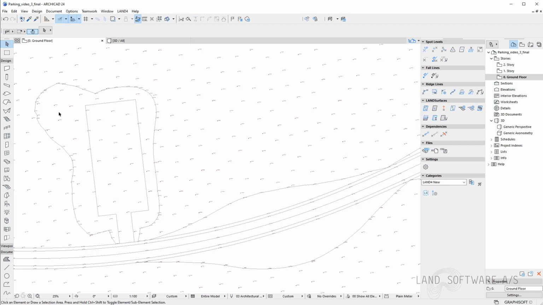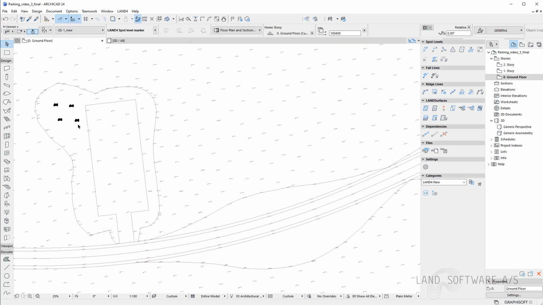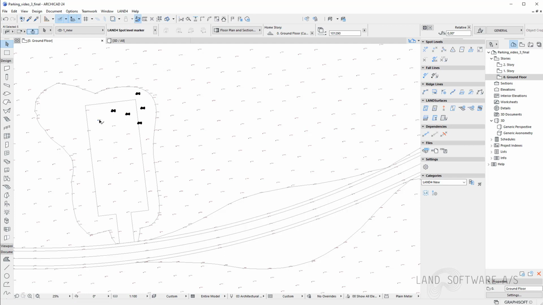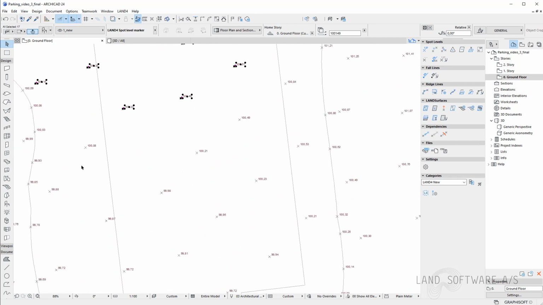What I want to do is basically delete all the new spot levels in between or within the area I defined by projecting the ridge slopes. And that is because this is my new terrain, and that's where I want to bring edits to the terrain.